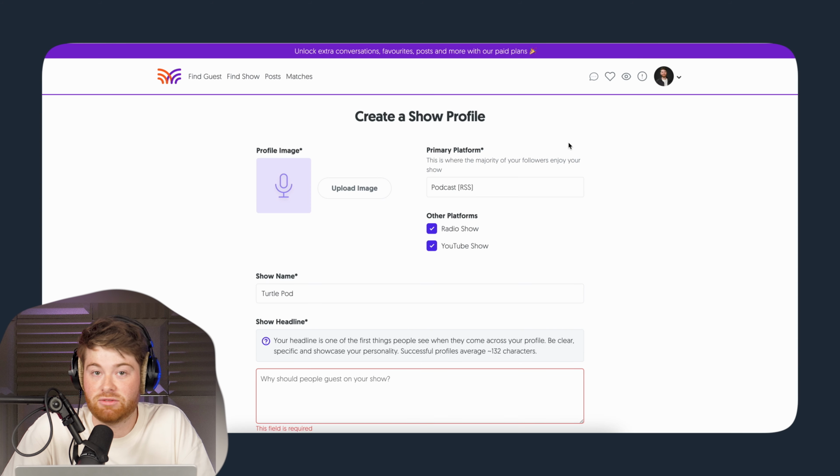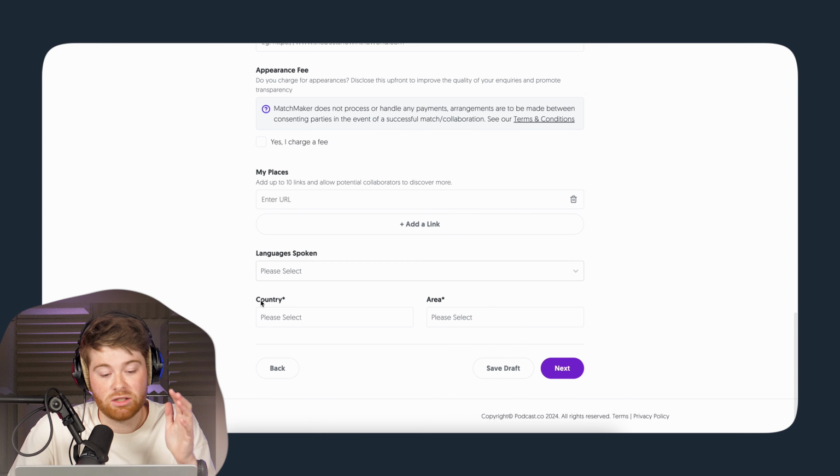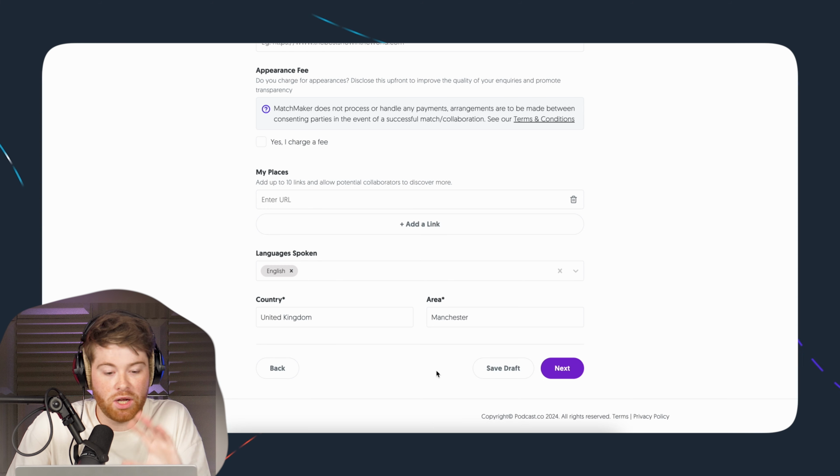So when you come to creating your show profile, it is slightly different to creating a guest profile, but not really. It's pretty much the same. You'll see you need a name, headline, description, audience. So obviously fill this out, make sure it's as extensive as you possibly can, and let them know about key details as well, because this way you're going to be found a lot easier. I won't go through all that again, as you've kind of already seen it, but I've just filled all that out. I'm going to add more later, so I'm just going to click next,